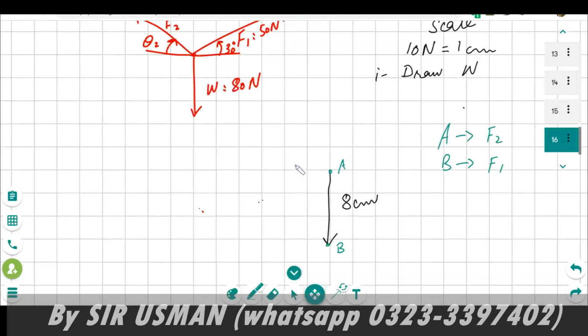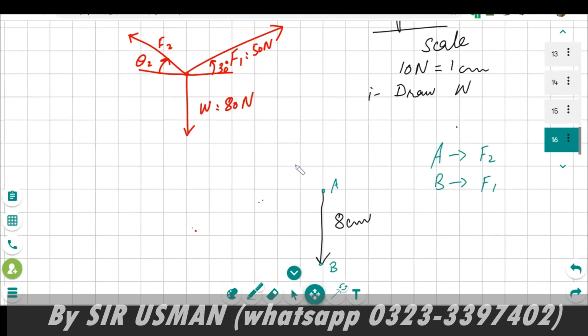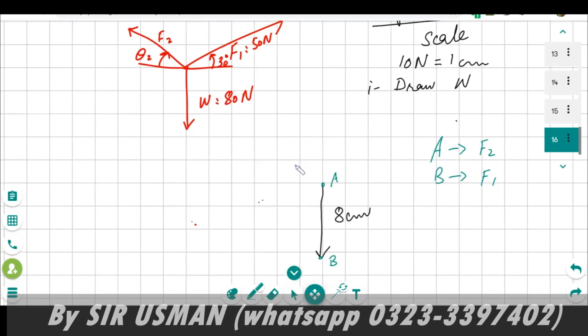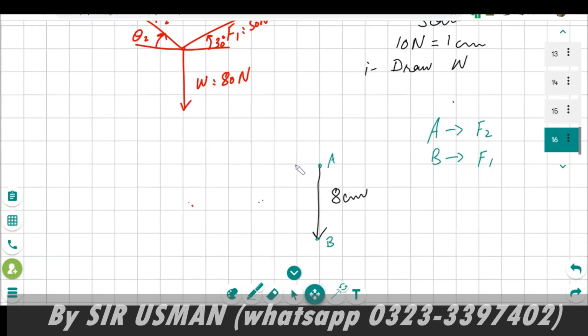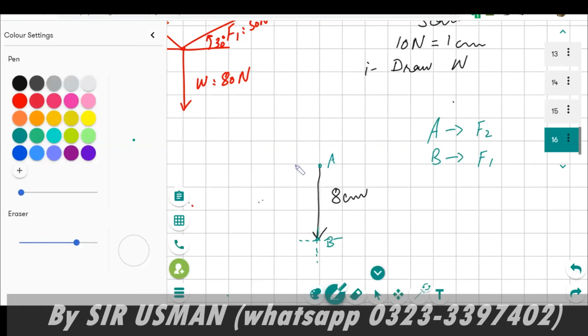So at B we have F1, and F1 is known to us. So we are going to draw F1 at point B. And this time we are not going to draw a circle because we know the angle. Let's say we are going to draw the coordinates on point B, and we need to draw it at 30 degrees from the positive x-axis. So this is 30 degrees,